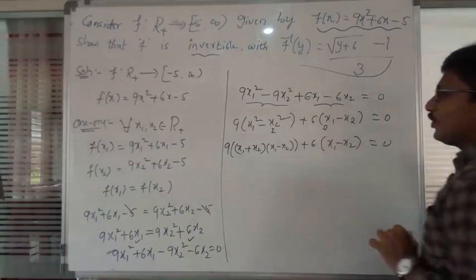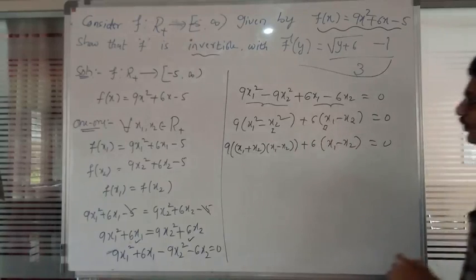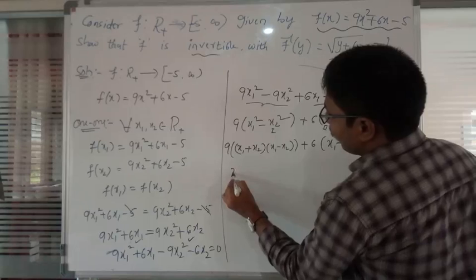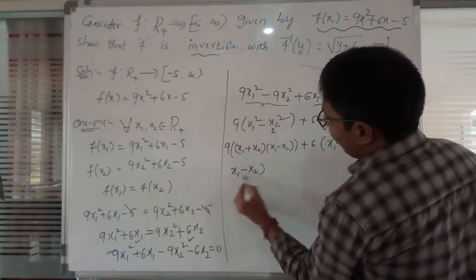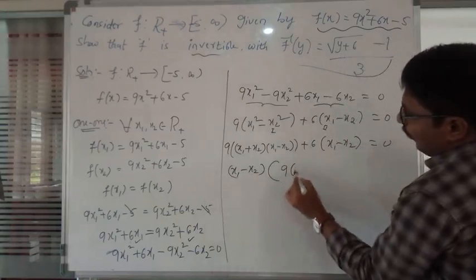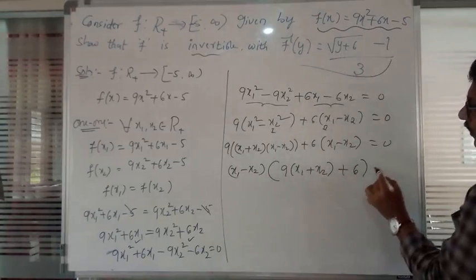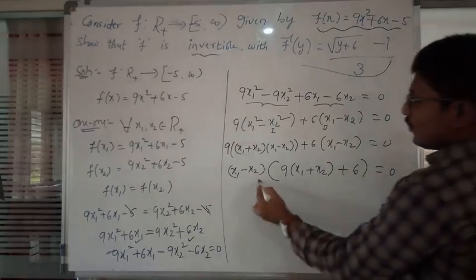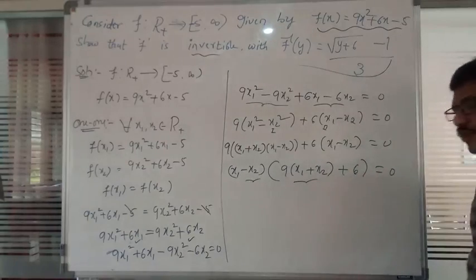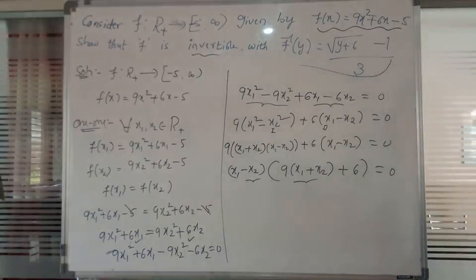In between these two values, what is the common value? x1 minus x2 is the common value. That's why we should keep that outside, x1 minus x2. What remains? 9 of x1 plus x2 plus 6 is equal to 0. So this is an equation, and this is an equation, and both are to be made equal to 0